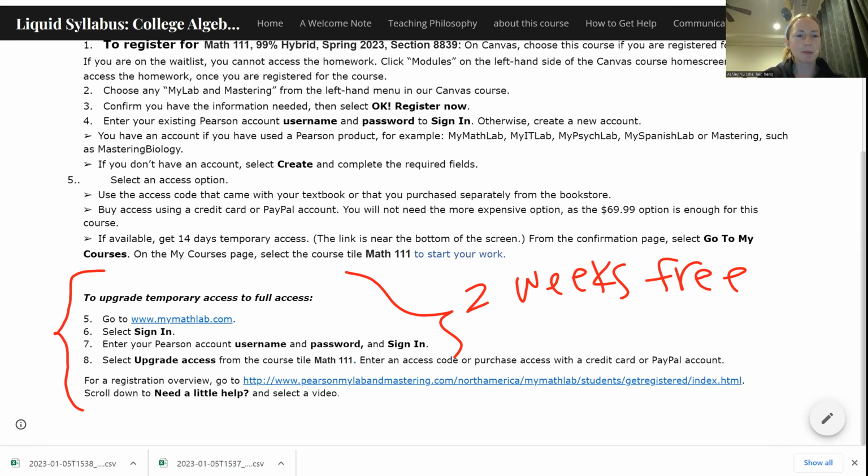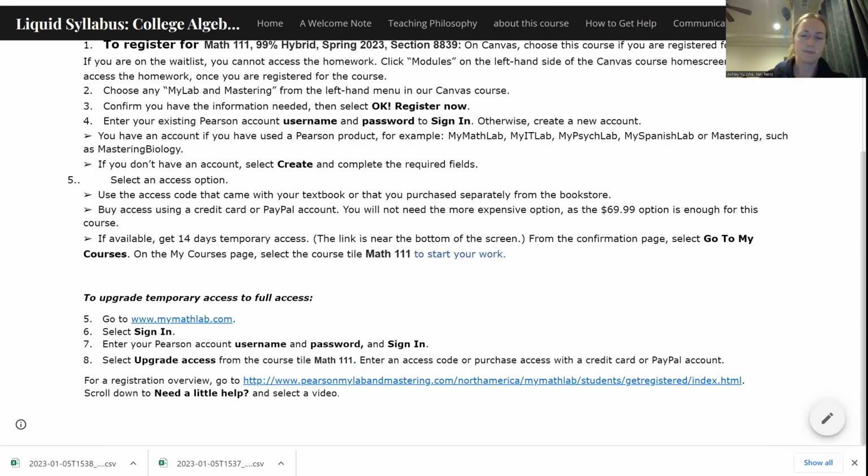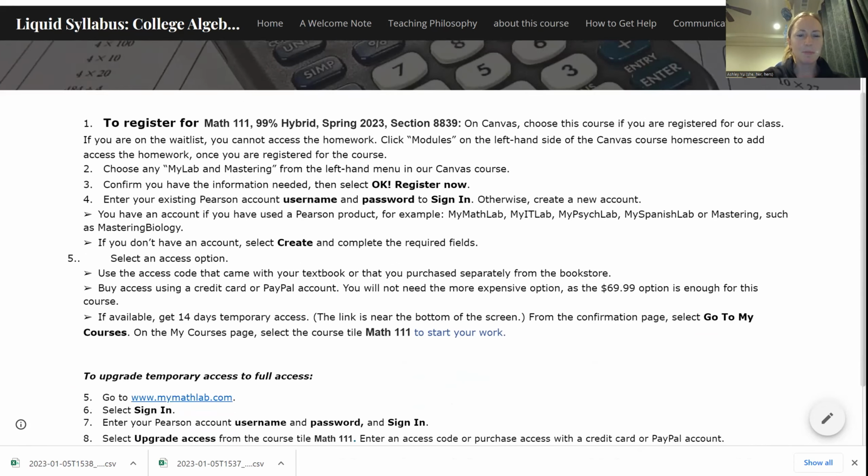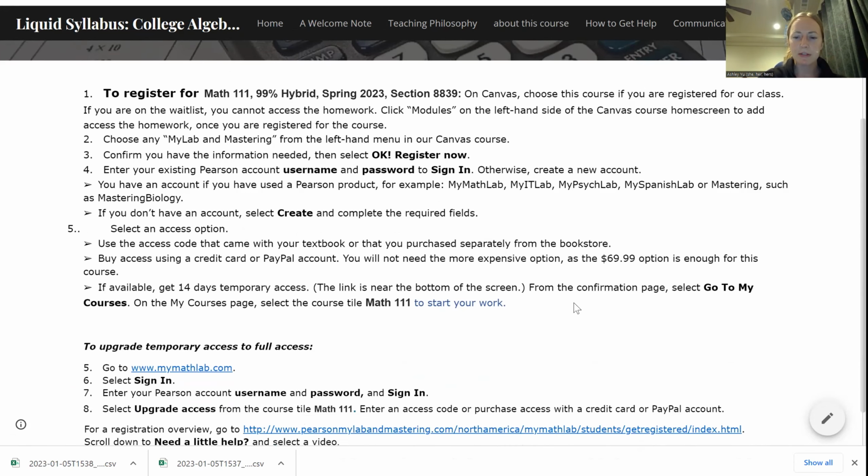Also, if you're not really sure about being in this class, like, do I need this class for my major? I kind of think I do, but I'm not sure. I don't have a counseling appointment until a week from now or something. Maybe do the temporary access in case you or your counselor decide you don't need this class. Then, okay, I didn't pay for it anyway, so I'm not wasting my money. But if you're pretty sure, okay, I know my major is going to be STEM, science, technology, engineering, math, and I know I want this class, then I would follow these steps, and now we'll go into it in more detail.